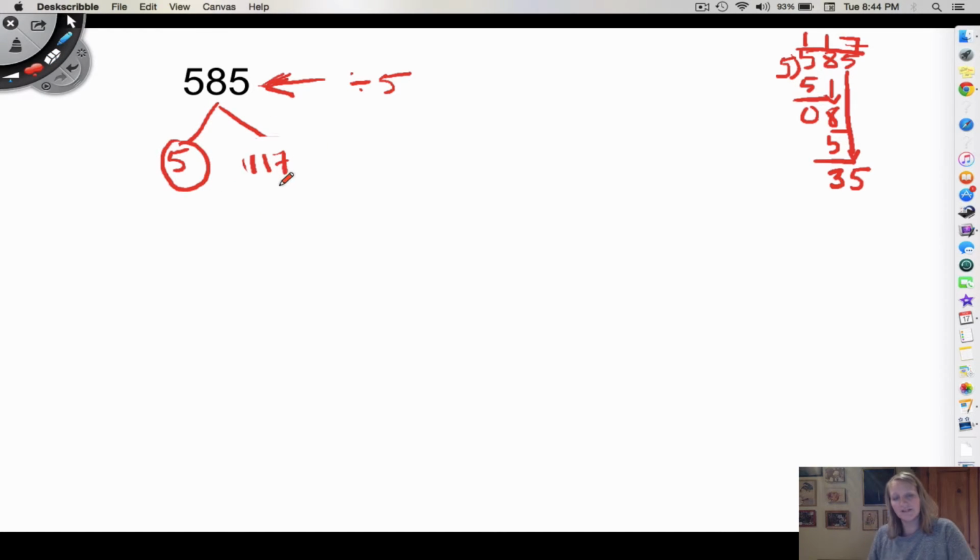But 117 is the question mark, okay? Is this a composite number? Is 117 a composite number, or is this a prime number? And here it's just kind of guessing, right? 117, if I divide 117 by,